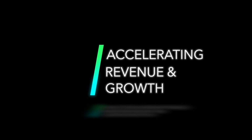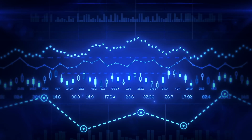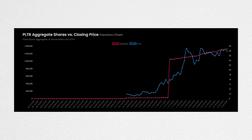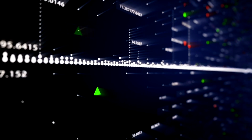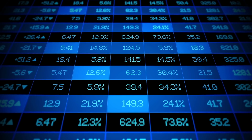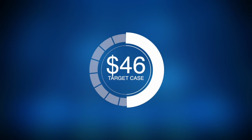And the final major catalyst I'd like to recognize is general accelerating revenue and growth in every aspect of the business going forward for the whole fiscal year of 2021. So with all that said, and understanding the excitement behind Palantir stock, from the erratic WallStreetBets grasping at straws for the stock to go to the moon, all the way to ARK Invest holding strong onto their shares for the coming years, I continue to believe there is considerable upside left for PLTR, especially in 2021, its first full year of trading. Therefore, for 2021, I hypothesize a base case of $40, target of $50, and a bull